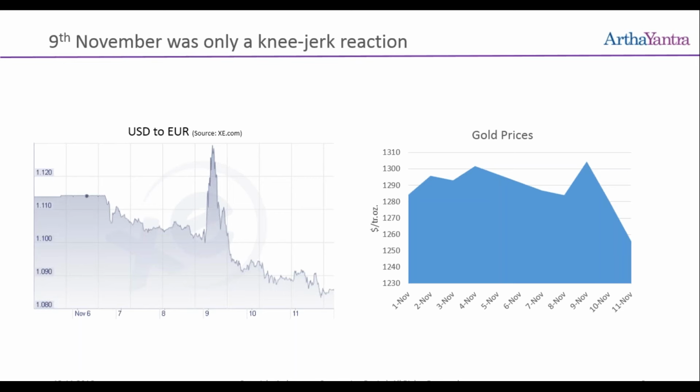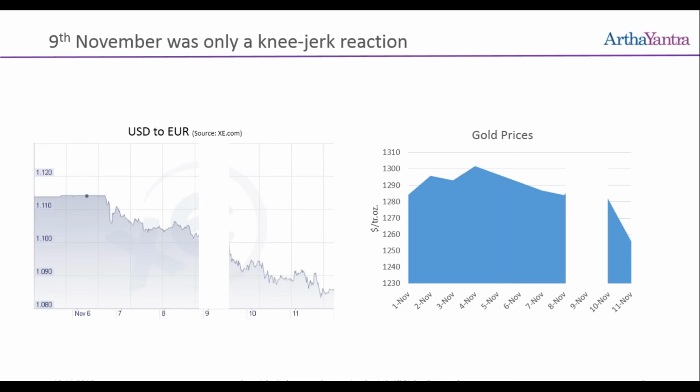But if we just remove that particular day alone, we see that the trend which was existing before was continuing after that. So what does this mean? It means that particular day was just a knee-jerk reaction. That's it. The data of U.S. economies, a good performance in October, meant that the dollar would strengthen against most of the currencies. That continues in the euro, that continued in the yen as well. And because of the strengthening of the dollar, the gold prices will drop, and that is also being observed.